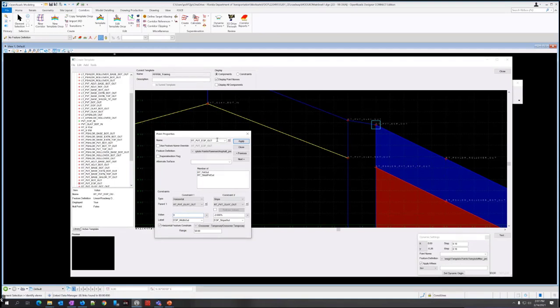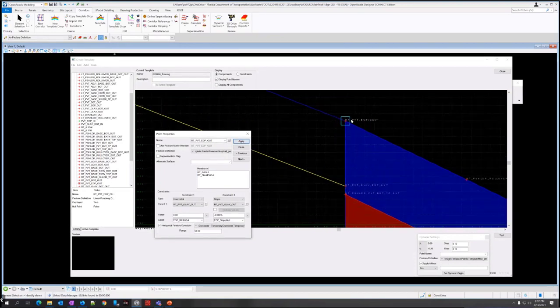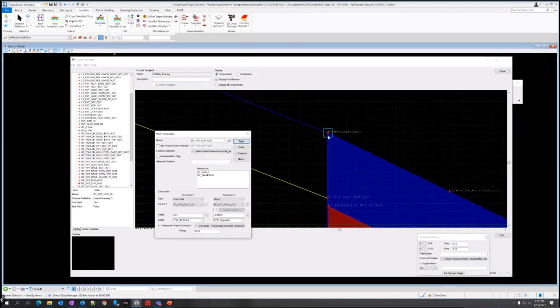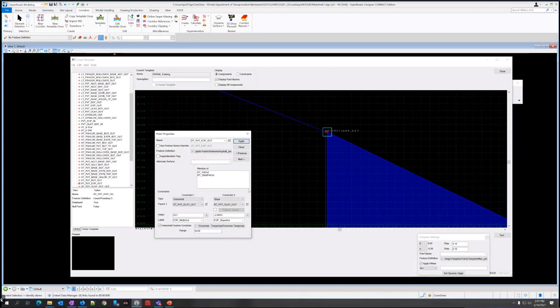So let me just show you if I do 0. Now I got 2 points stacked on top of each other, and you can see those names run together. It's hard to differentiate, so it's a little easier to work with just to have that 100th in there, and it's not going to make a huge difference. So now I can see there's 2 separate points there, and I can double click on whichever one I need if I zoom in. So it just makes it easier to work with that way.